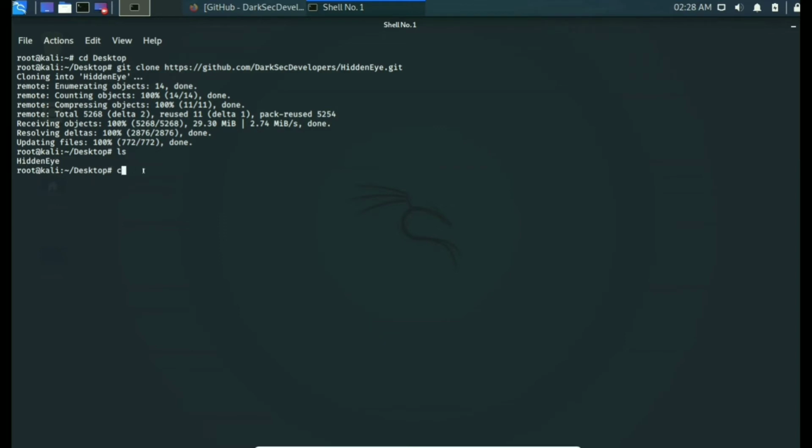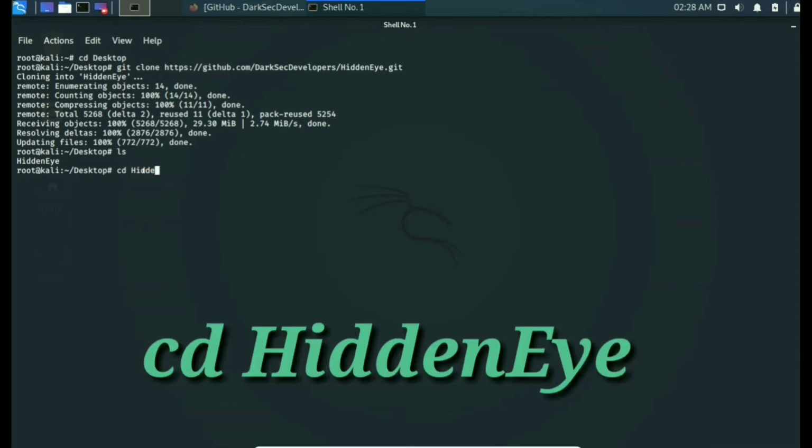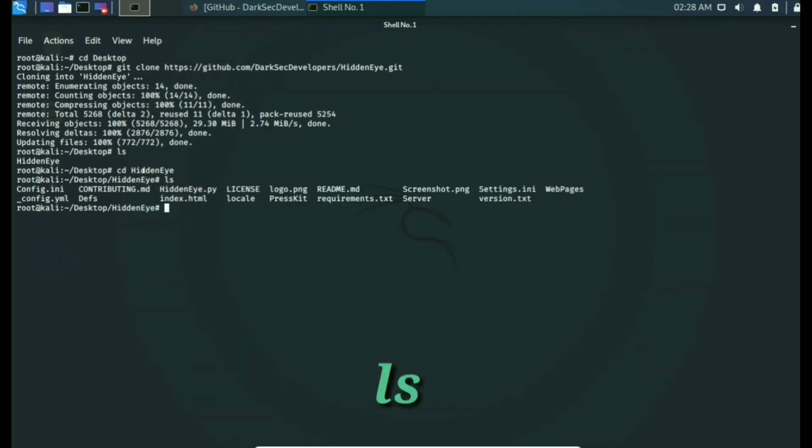Now we'll type cd, and now we'll type HiddenEye. Now we have to type ls. Now we have to install requirements.txt. So we have to write